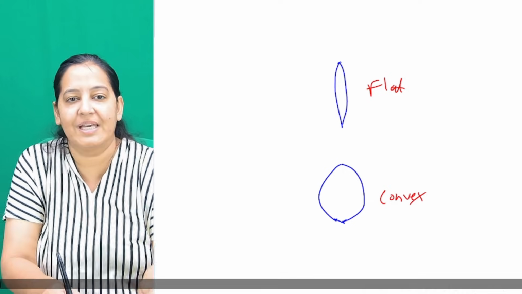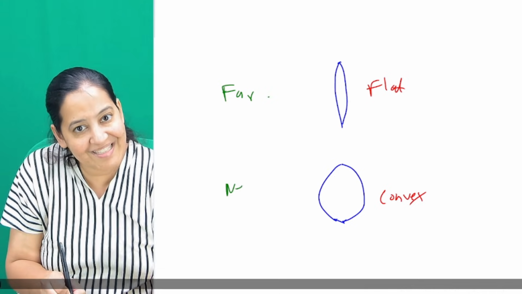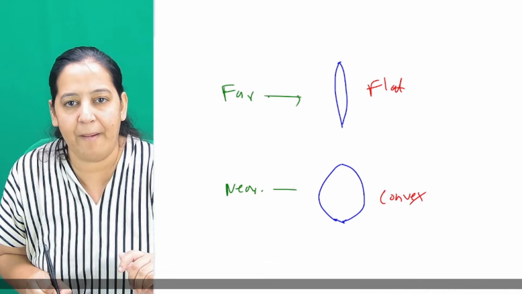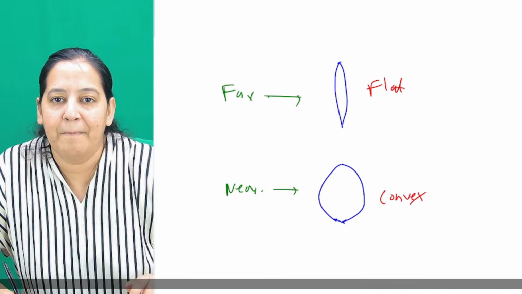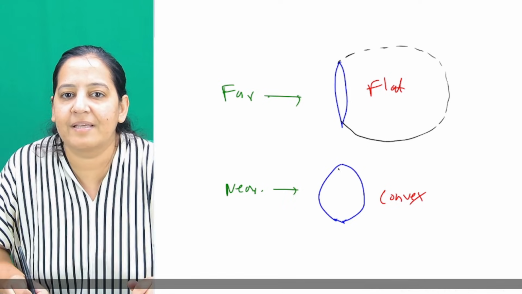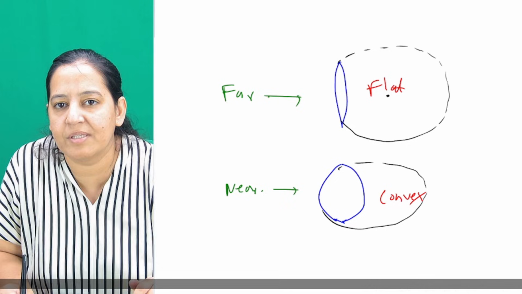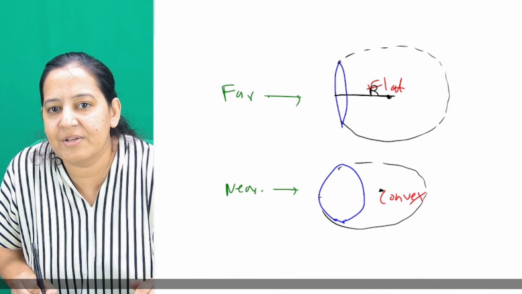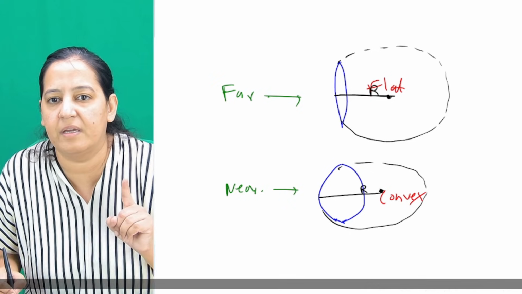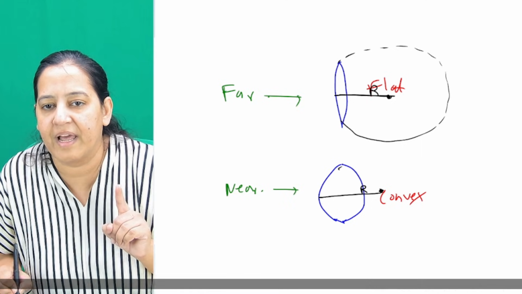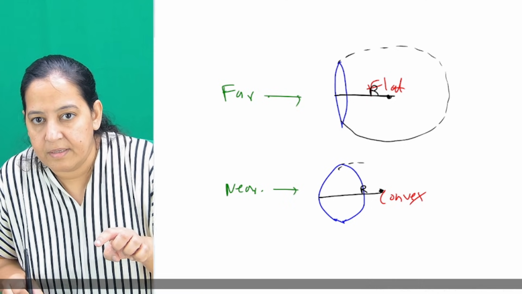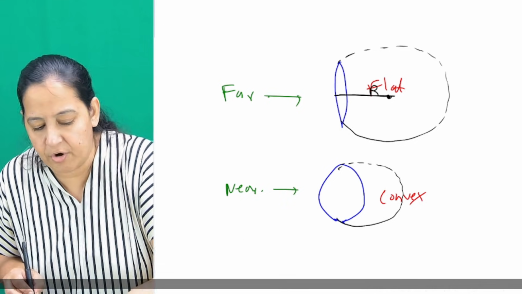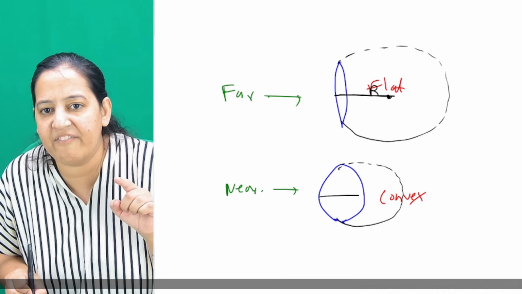When the object is far, the lens is like this. When the object is near, the lens becomes like this with the help of zonules. I will tell you how it becomes so with the help of zonules. So you try to make a circle of that and make a circle of this. You tell me which radius. This is the center of the circle, and this is the center of the circle. So this is the radius of curvature of this lens, and this is the radius of curvature of this lens. You can see I have drawn a wrong circle. I guess it should be like this. Just a second. Now you appreciate the radius of curvature of both of them. Can you see the radius of curvature of both the lenses? So which one has more radius of curvature?